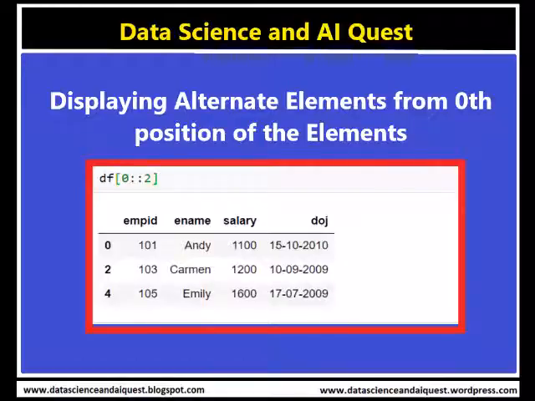another example. If we provide over the Python prompt df and within square braces 0 colon 2, sorry, we have 2 colons within that, 0 and 2, it will display alternate rows. One can use this to display alternate rows starting from 0.